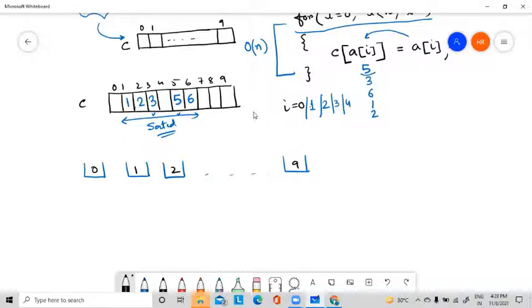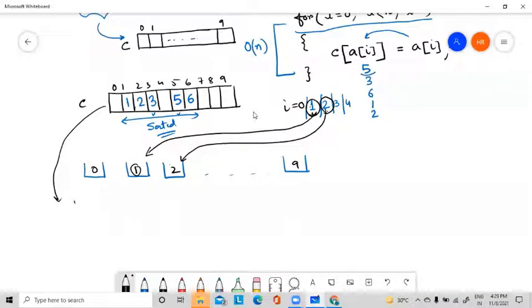He will just see the picture. This is a picture, and he will compare it with the picture of this, and it will be put into this position. Then he will check the picture, not the number, consider it as a picture. So he will check the picture, then search with whom it is matching. It is matching with this box, so he will put the value into this box. In this way I will get the sorted array. If I collect the elements from there, I will collect 1, then 2, then 3, then 5, then 6.